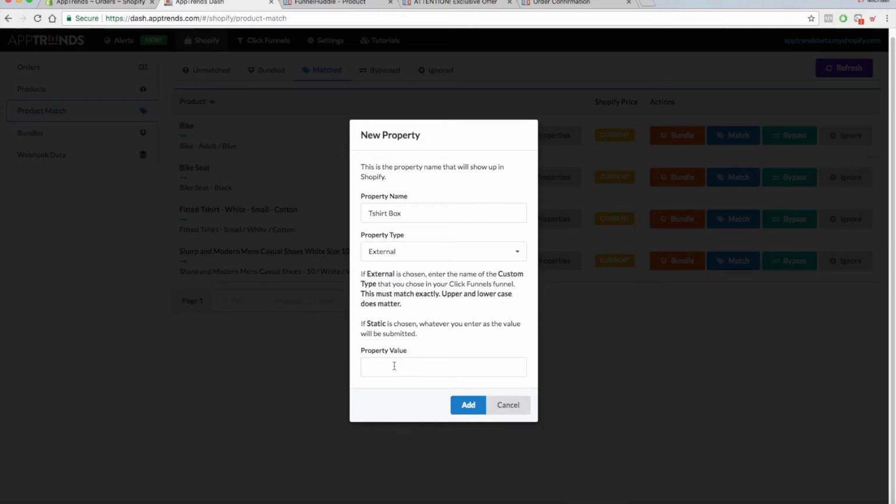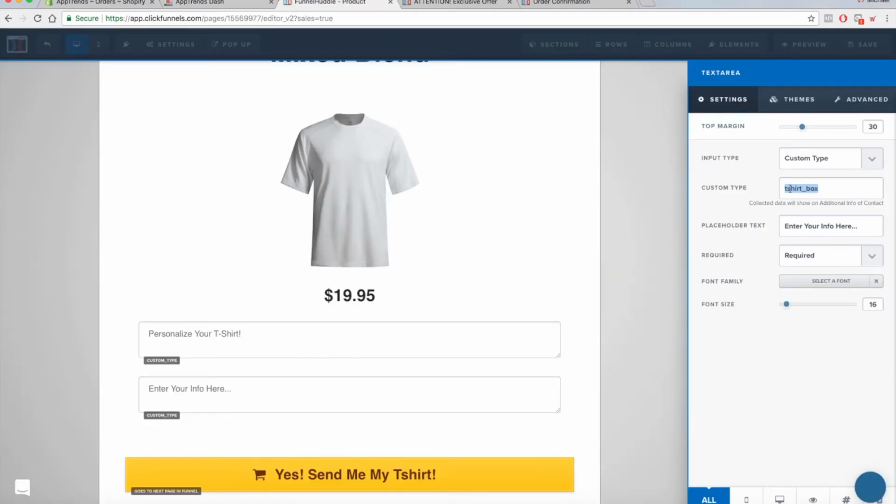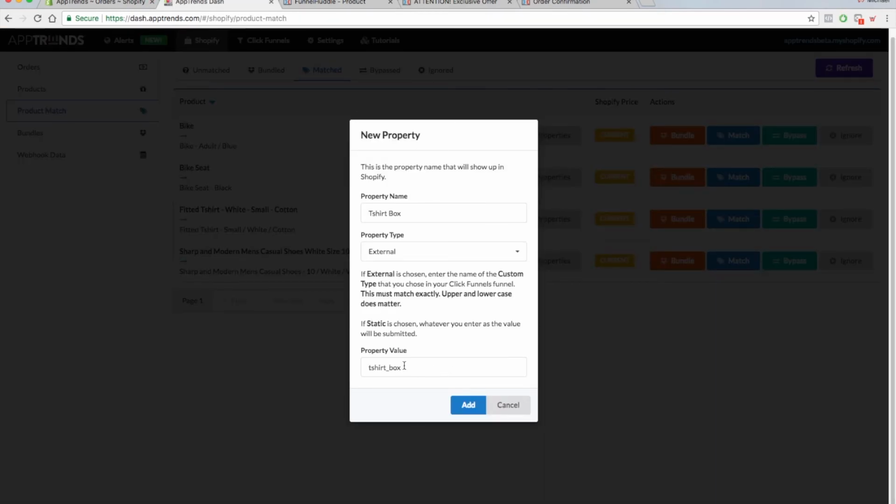Now here's the most important part, the property value. Okay, this is where we put that in, right there. You see that? Which is the same as this. Like I said, this is the most important piece right here. Just take that, put it in there, give it a title, external or static. That's it. That's all you do. So you're adding this to your